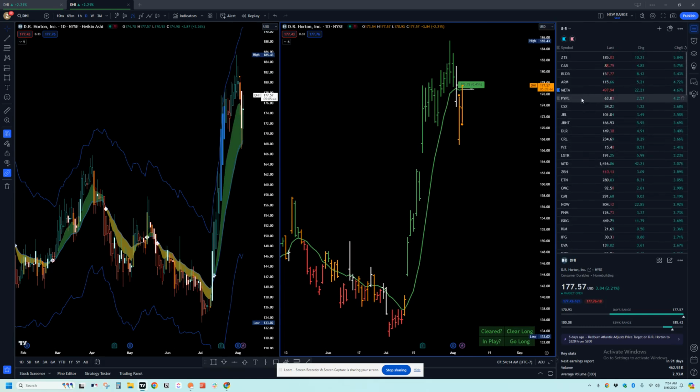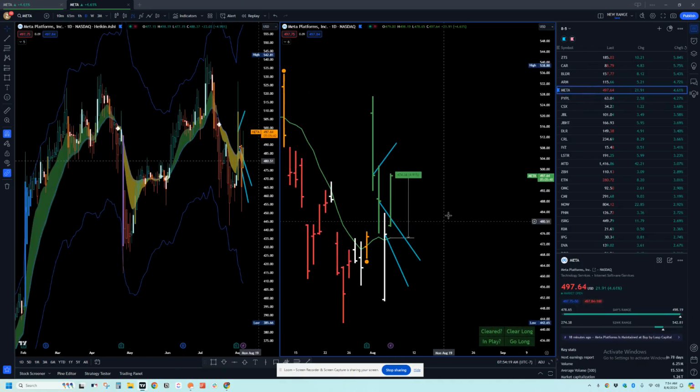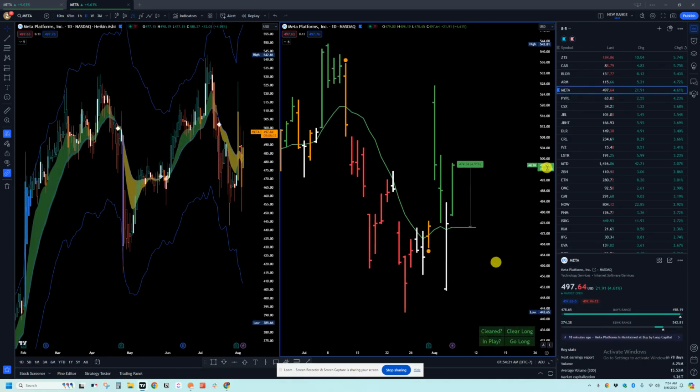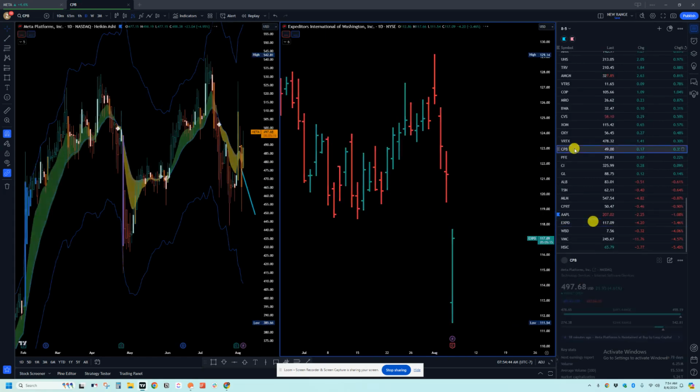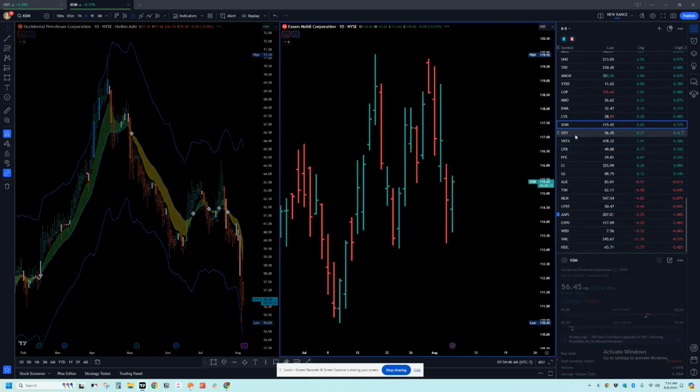It would have been great to have taken the Meta trade on the white signal, but it's all good. This would have been a very profitable options trade. So we had a buy signal. I got complacent and got in early. But if I had just been a little more patient and waited until the end of the day here, and we closed above the moving average, and then bam. Not a lot of reds. What's Oxy? Oxy.